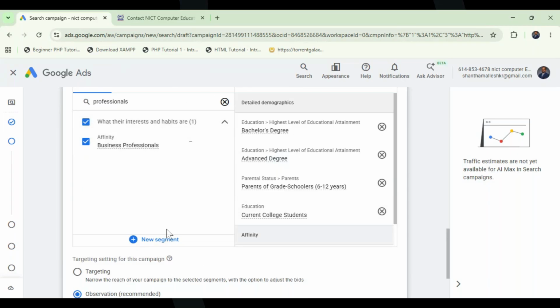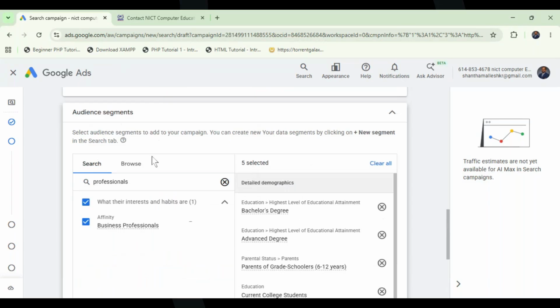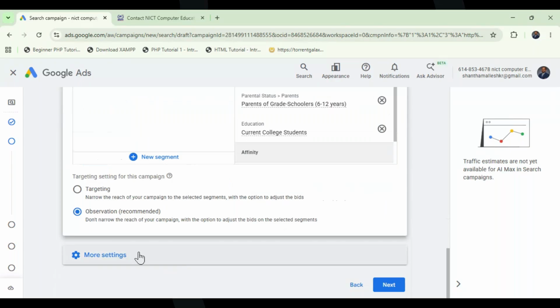Okay, so these are my targets and I also recommend observations. So here I selected observations, which is recommended. Do not make it too narrow to reach the direct campaign. Select what exact audience segment is applied. One is students, then professionals. Once it is done, then next you go for